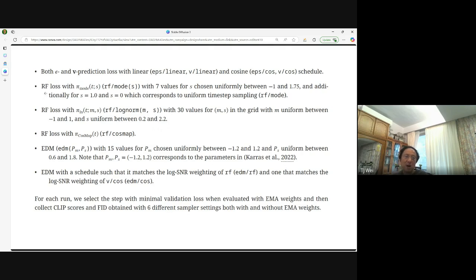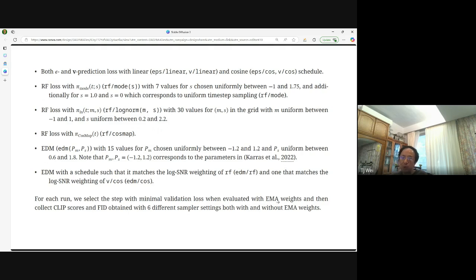And of course, there are also IF losses with this guy, and the EDM loss scheduling with that. So they try a lot of different recipes,